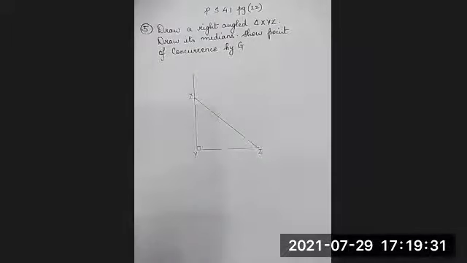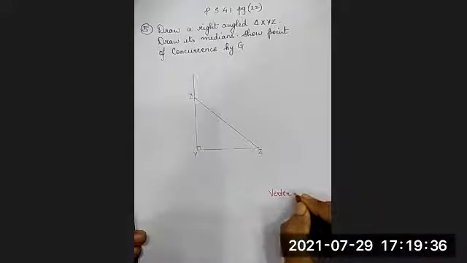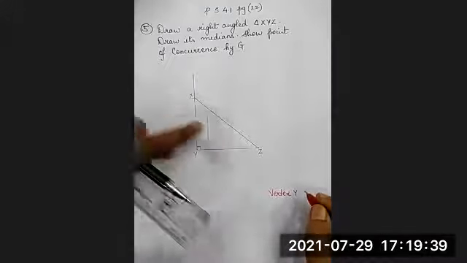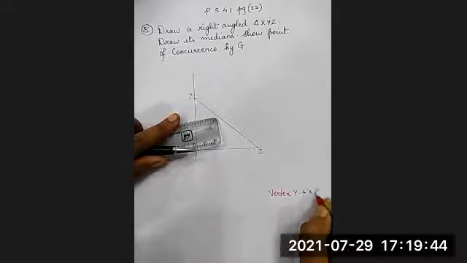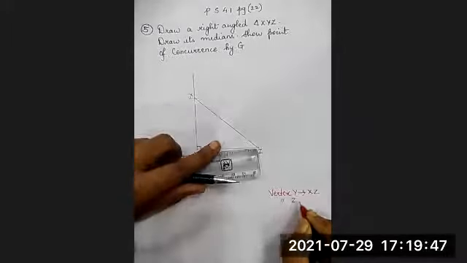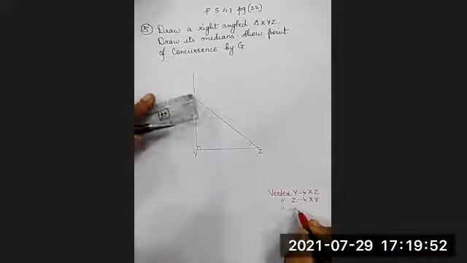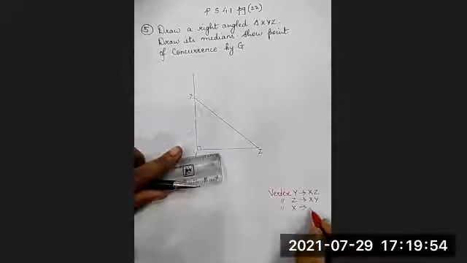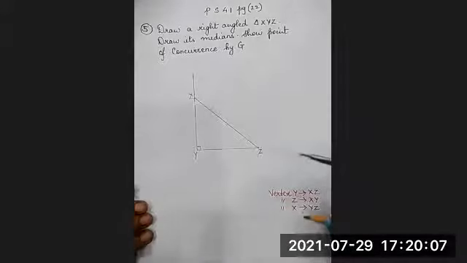So this is my right angle triangle XYZ. Now, as usual, we know that for vertex Y, the opposite side is XZ. For vertex Z, the opposite side is XY. And for vertex X, the opposite side is YZ. Now we have to draw medians, and to draw a median, we need a midpoint. And for the midpoint, we need to first draw the perpendicular bisectors.